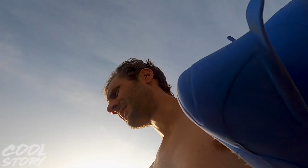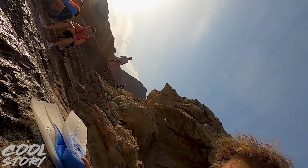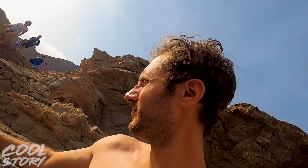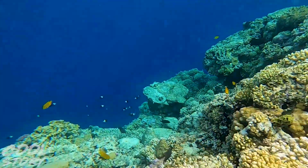And I took my little snorkel gear, and my little flip-flops, my little finnies, and I walked to the point. Getting into the ocean, there was no path. Like I said, there's no infrastructure, so there was no path. I basically just walked on the rocks, which was a bit sketchy. And then I found a place to quickly put my fins on, and then I just literally jumped in. And it was very shallow along the rocks, so it was a little harrowing, but once I got out,